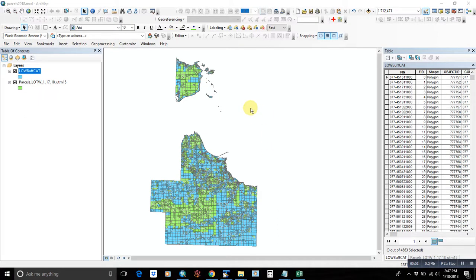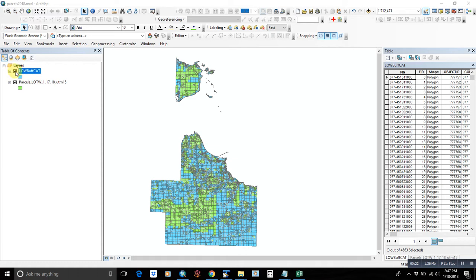Alright, this video is going to demonstrate how to join features together in tables in ArcMap. And the features we're going to be using for this example are parcel data. Often parcel data is kind of the basis for doing mailing lists, and so we often need to join different